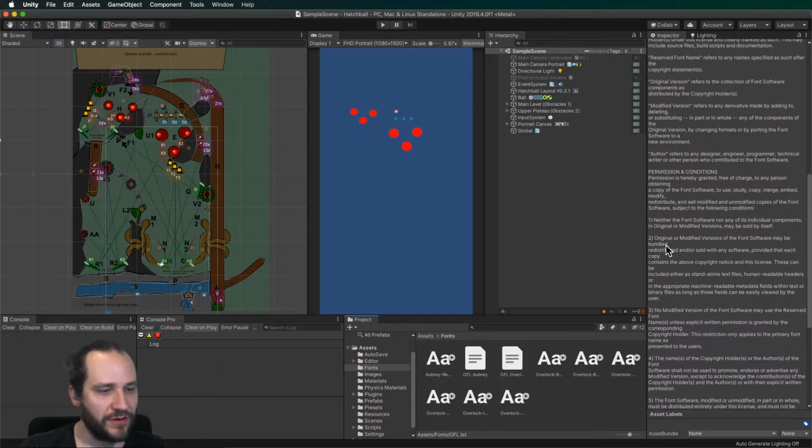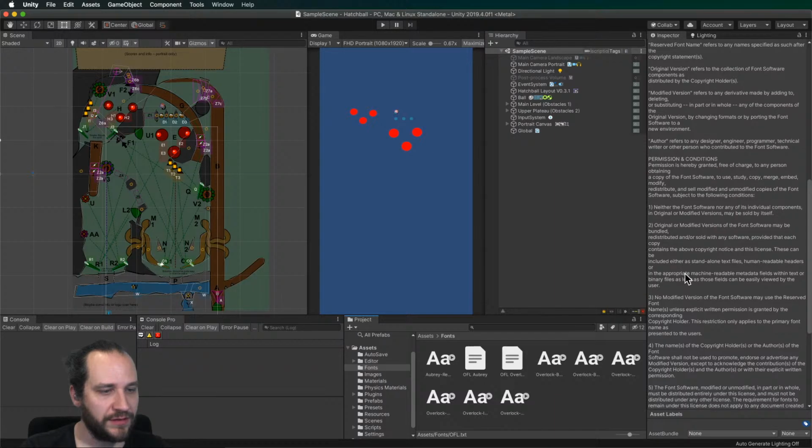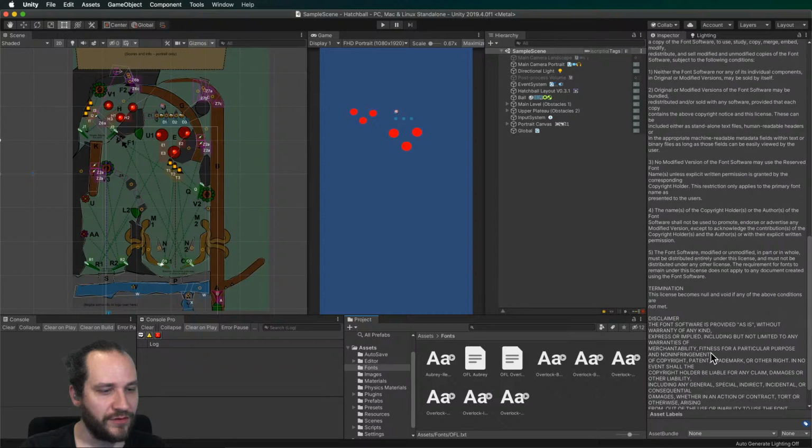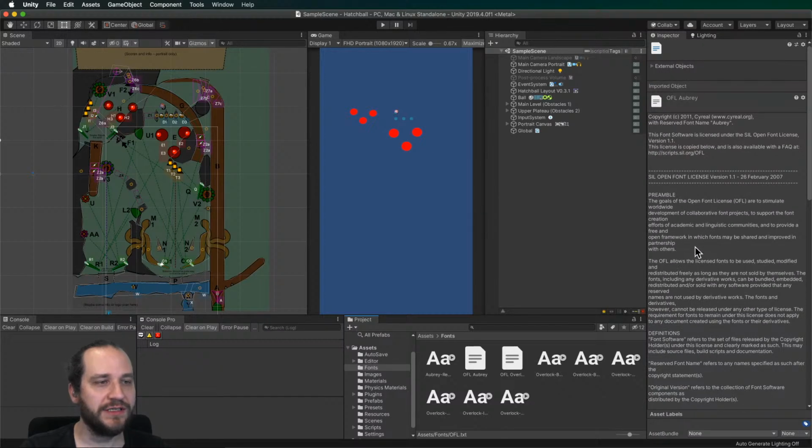So that's if you bundle it, and you cannot use the name of the copyright holder. So if you distribute this, you can distribute it on the license. I have to look into the fact that we're actually not distributing the entire font, but just the baked font. I'm going to look into that later. I haven't actually distributed a font except for a bitmap version, which was okay. So I'm not sure